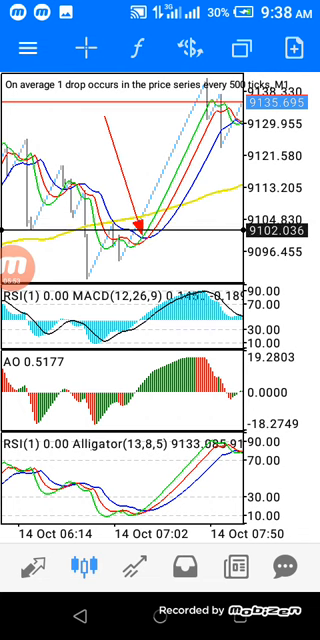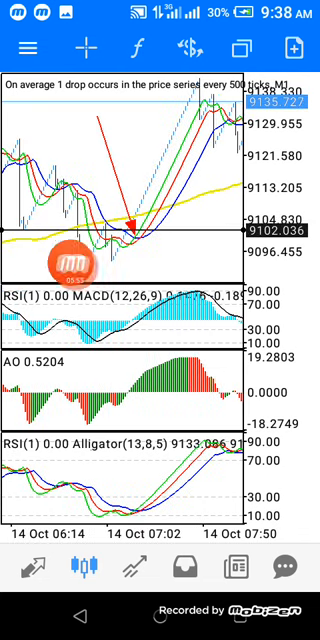Once again, what are the conditions? First of all, you make sure that your alligator is oversold on the table. Then you look for a crossover of the alligator. Make sure that the green is crossing both the red and the blue. Then you take an entry, seeing that the crossover happened, and then also there is a crossover on your MACD